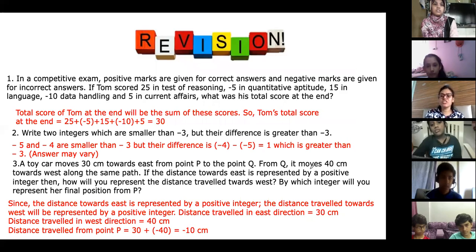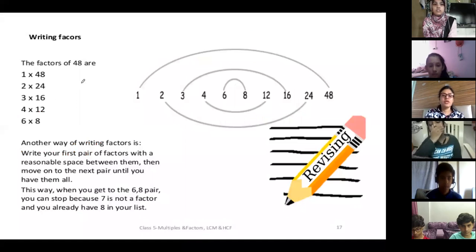Since you started here, the marks questions are mostly in integers. For a positive number of correct answers, this much positive marks. For a number of wrong answers, negative marks, and then total it and find out the total score. So these are the questions. Observe, I have your presentation. Okay, now starting this.